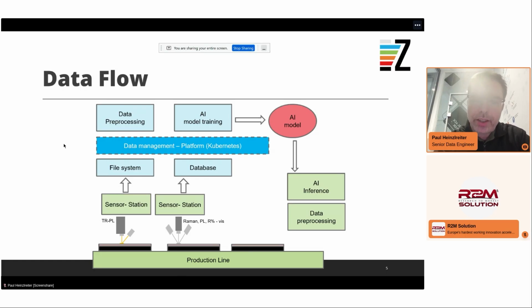So we are training a machine learning model, which is then used for inference. Basically, this AI model can then be deployed at the production line to directly give an indication about the expected quality, the expected performance of the solar cell in terms of how much of the sunlight can be turned into actual electricity. What we also see here is the data management platform is running on top of Kubernetes, which is a clustered version of